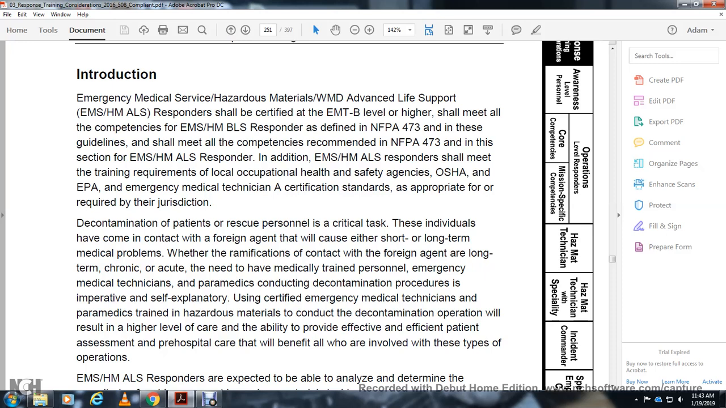Decontamination: precautions for rescue personnel, and the critical staff of these individuals who have come in contact with a foreign agent, which could cause either short or long term medical problems, with ramifications of chronic or acute contact. There is a need for medical training for emergency medical technicians and paramedics conducting decontamination procedures. Even a certified EMT or paramedic with hazmat training to deal with decontamination operations will result in a higher level of care